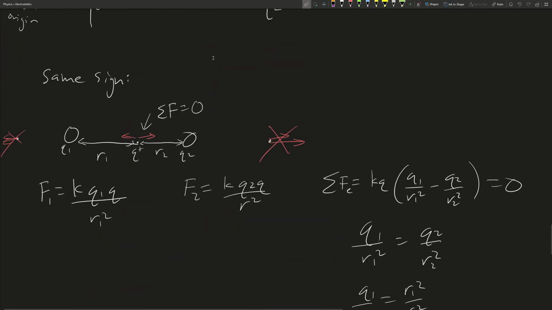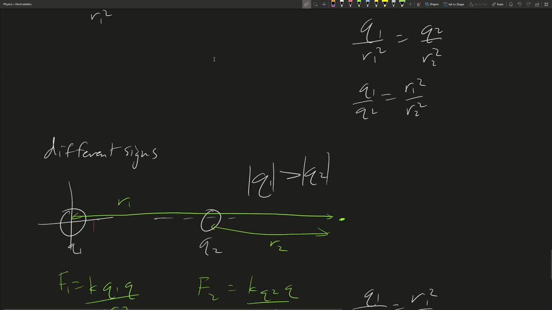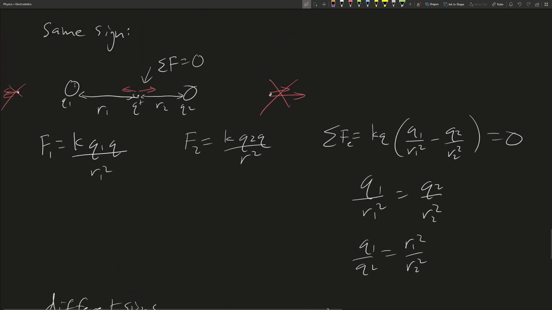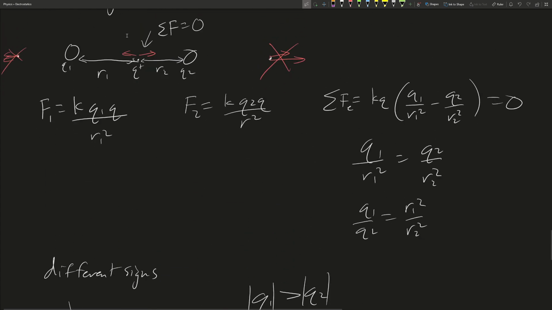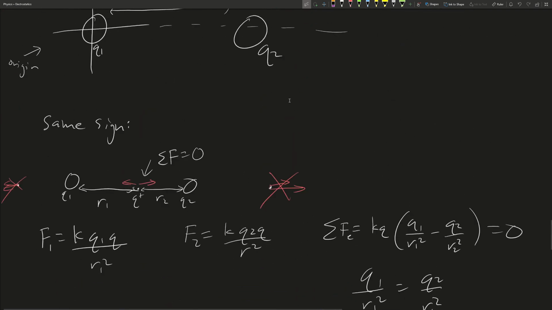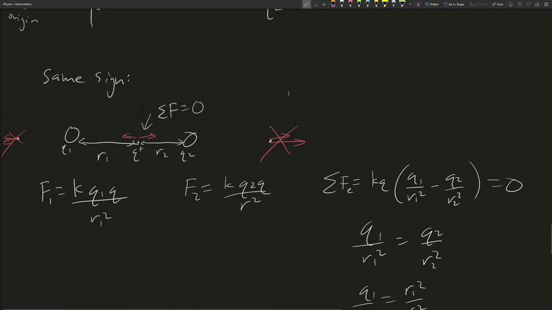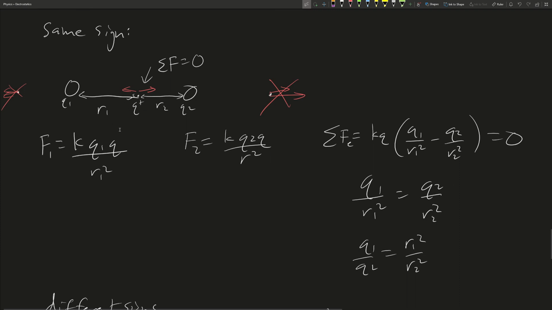Okay, now another thing to consider is we just said that these have the same sign or different signs, but we never considered what those signs were and how it affects the equilibrium position. So only the magnitudes here we see affect the position at which this test charge will be